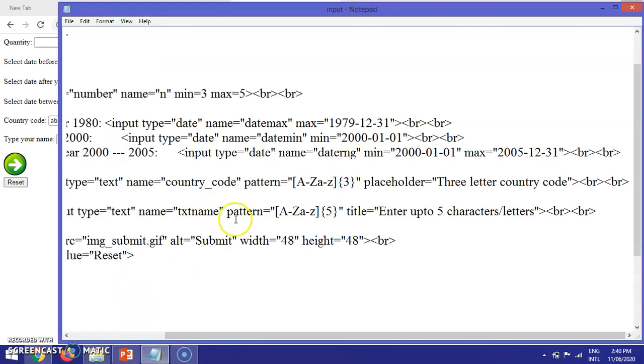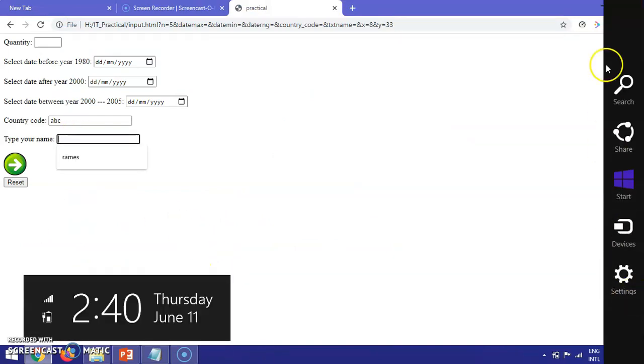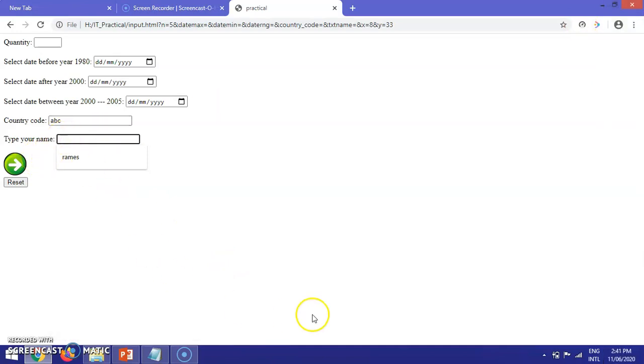So what was the convention over here? I can enter uppercase, lowercase, and I can enter maximum 5 characters. So I'll try to enter, let's try Ramesh, R-A-M-E-S-H. 6 characters. See, it's alerting me: please match the requested format.